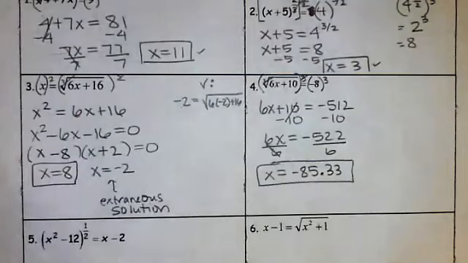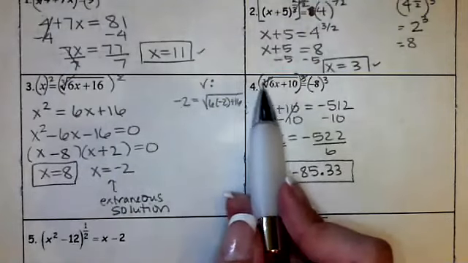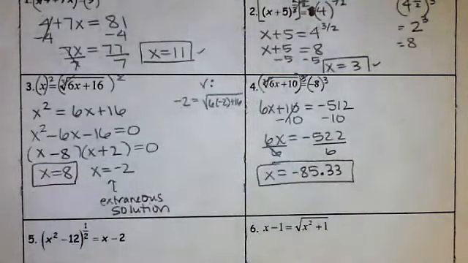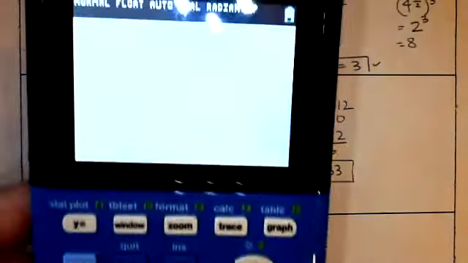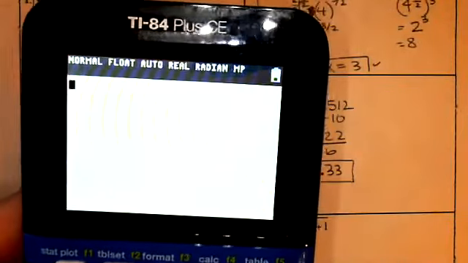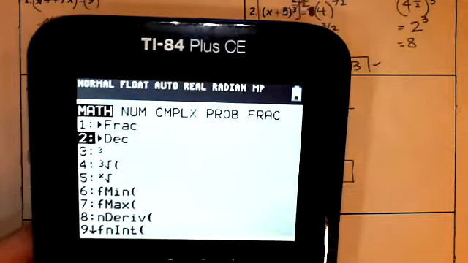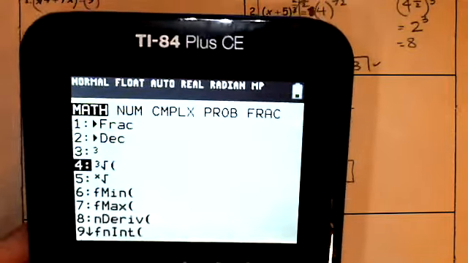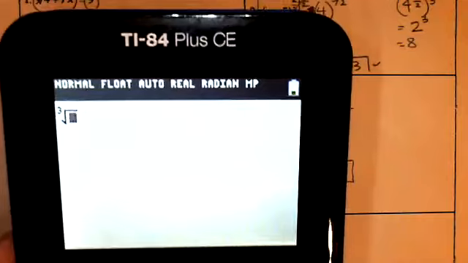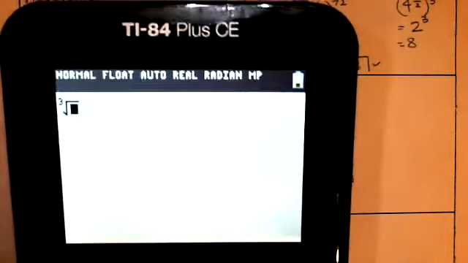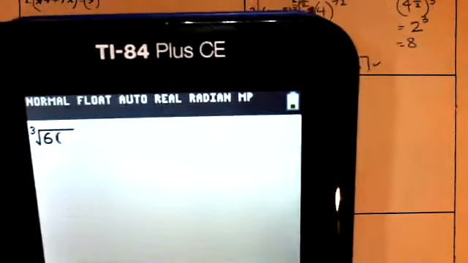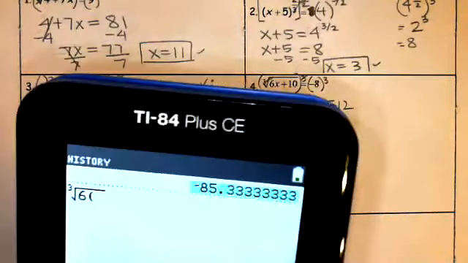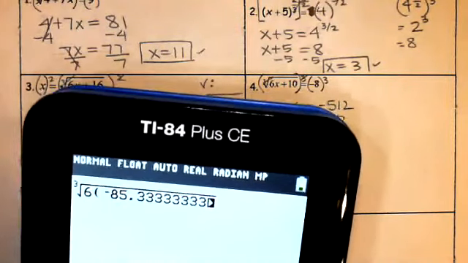Again, you can check your work. In this case, you can have negatives under a cube root, so it's not as important to check as the other ones, but of course you want to check it to make sure that you're always getting it correctly. To put the cube root in there, I'll go ahead and show you that. You go to math, and then you go down to that number 4 there. That's the cube root. And so we get 6 times, and I can go ahead and get that from there,